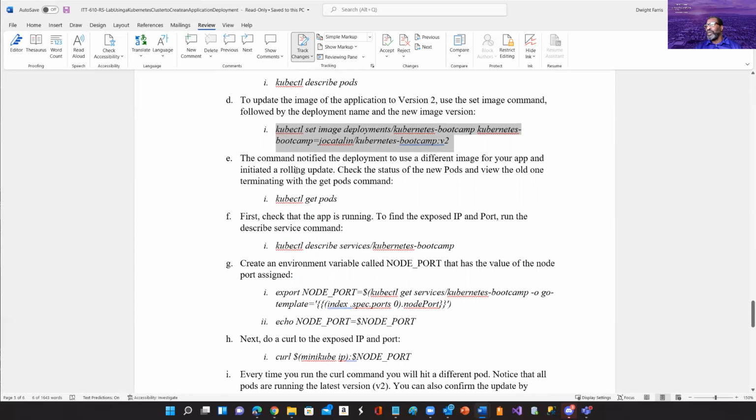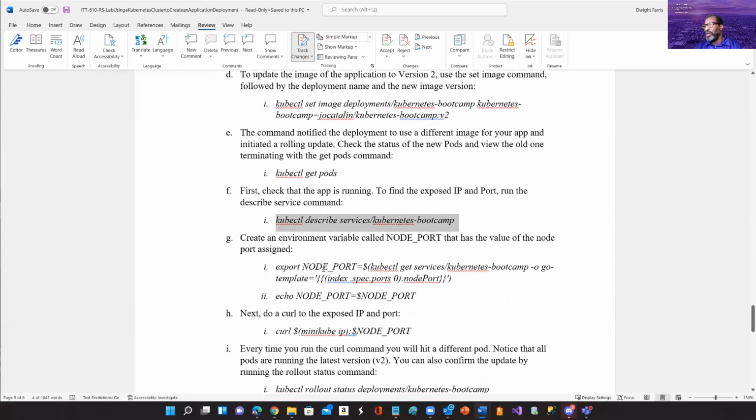So the command notified the deployment to use different images for the app, essentially initiating a rolling update. Then you can check the status again, and you'll see that your get pods have changed. But first, you want to check the app to make sure the app is running, obviously. So find your exposed IP and port. And then basically when you describe your deployment again,